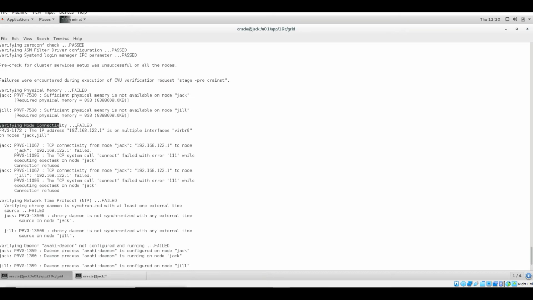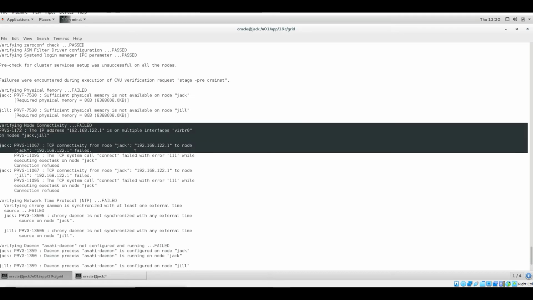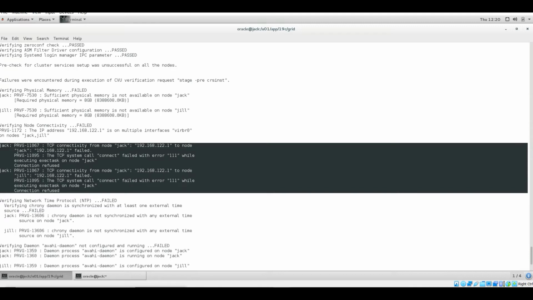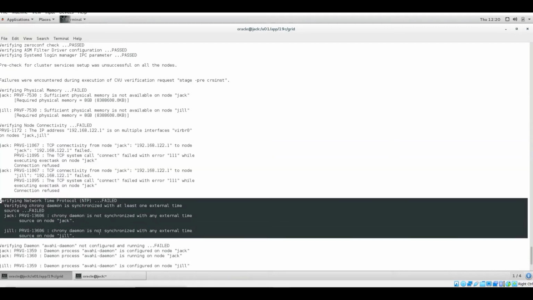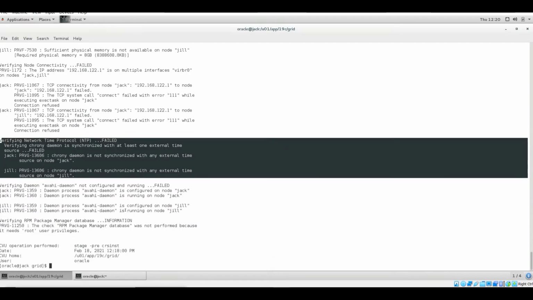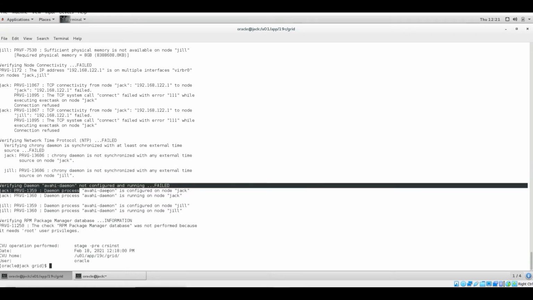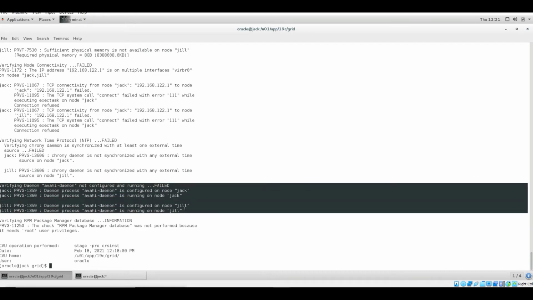Next is verify node connectivity. This is for multiple interfaces, and we can ignore this alert too. And NTP protocol, as I said, this one also will be failing. We cannot do anything in our lab setup. This one we can work on.